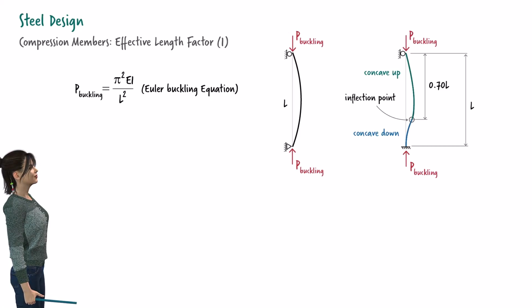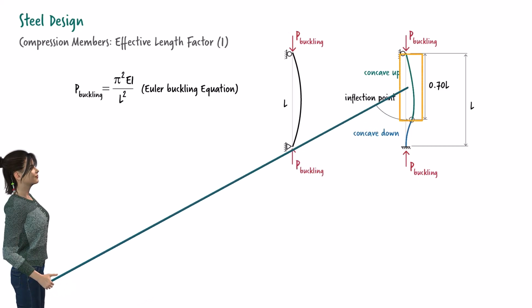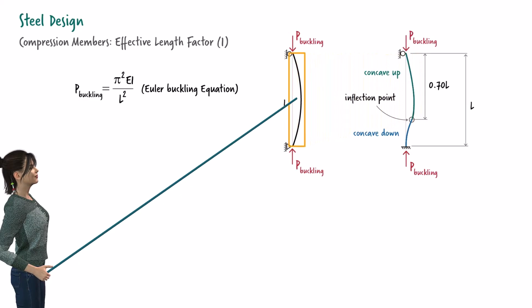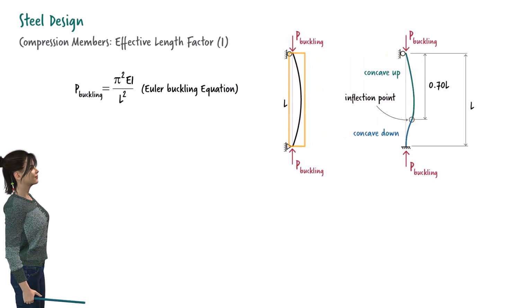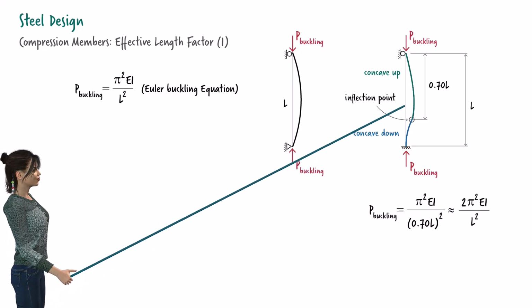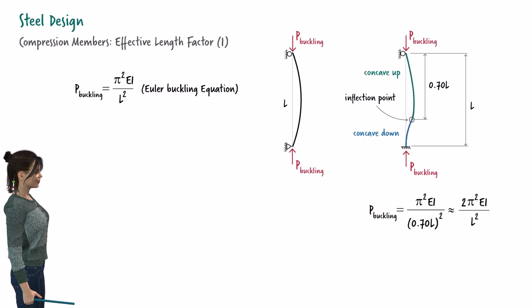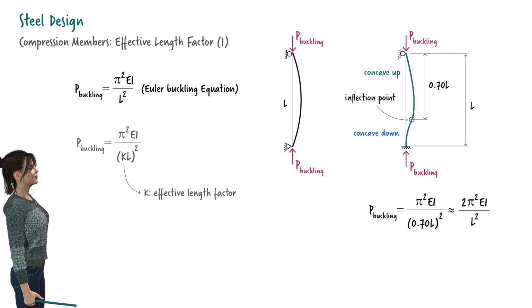If we examine these two shapes closely, we can see that this curve segment resembles this column's buckled shape. Both curves have a single curvature with rotated ends. Therefore, we can apply the Euler-Buckling equation to this column by replacing L with 0.7 L. 0.7 is the column's effective length factor. Hence, the general form of the Euler-Buckling equation can be written as